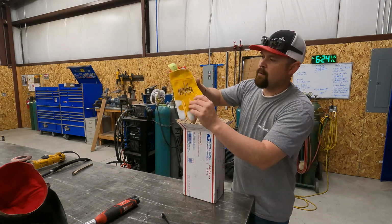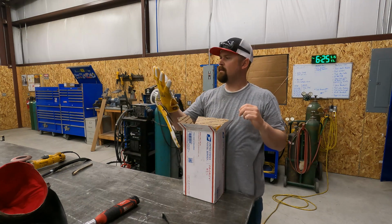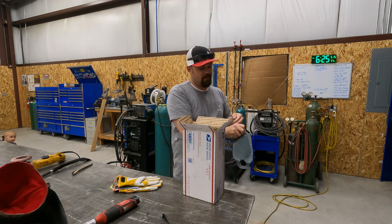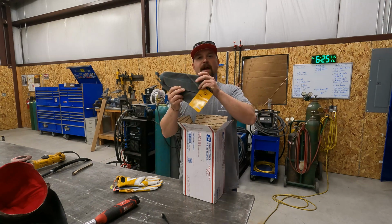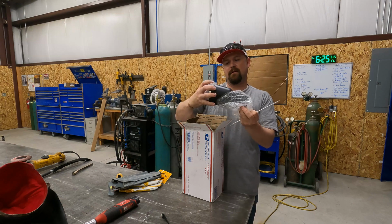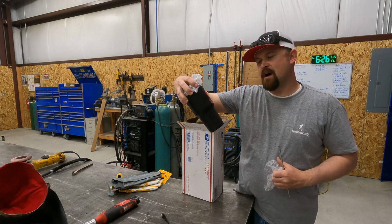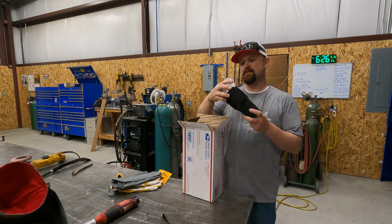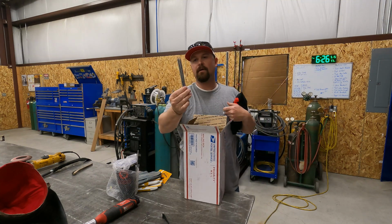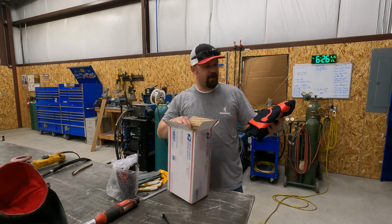Looks like a pair of Revolution gloves, and they actually look like they're pretty nice gloves. Awesome. We'll use those. Oh, sweet. These are arm protectors for when you're welding. Those will definitely come in handy when you're stick welding. Oh, sweet. And then a cup. And he's got his own welding business going on. So if you guys are in the Las Vegas area, check them out. J&J Fabrication. So that's really cool. Looks like a couple silver pencils. Those will definitely come in handy. Oh, sweet. And a sharpener. And then he did send